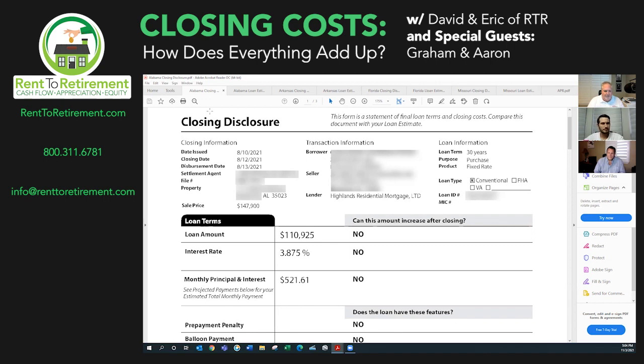They're tweaking this all the way down to, okay, now we have a completed and final closing disclosure, which in our case is something that Aaron, as well as the title company, will send to the client stating, this is your real McCoy, this is your bottom line. But we're going to show you some of the differences from when we did the initial LE, the loan estimate, to the closing disclosure. Okay.